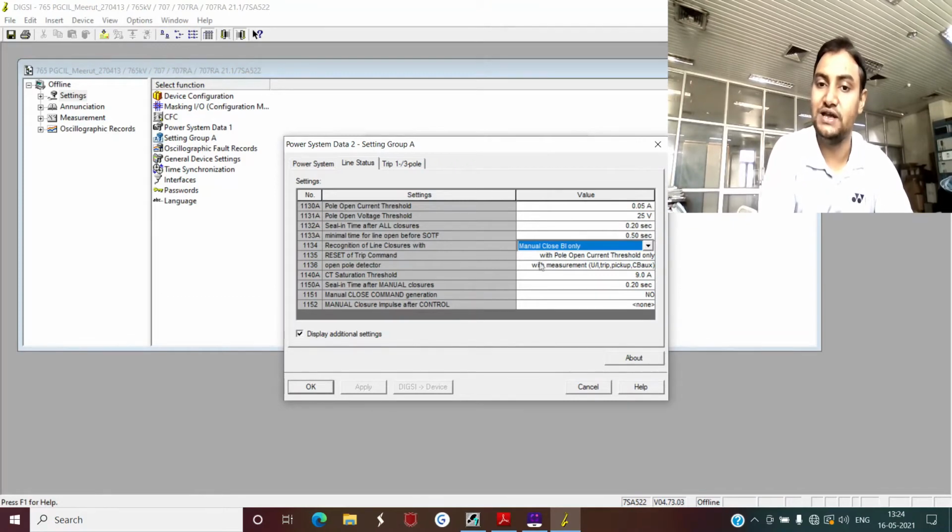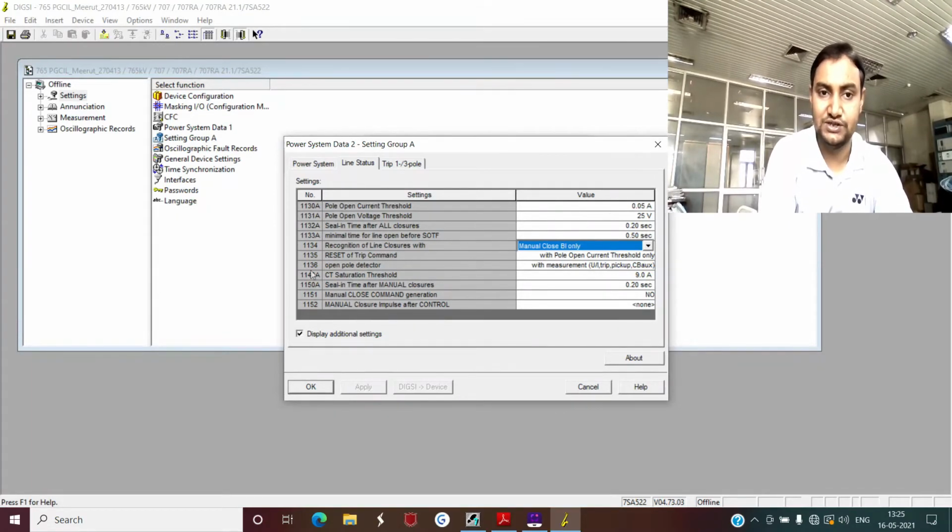Now what happens is that your tripping command will not reset. So this setting, the pole open current threshold, you can see it has its use in the recognition of line closure and in the reset of the trip command. Now, how does this pole open detector come into the picture?